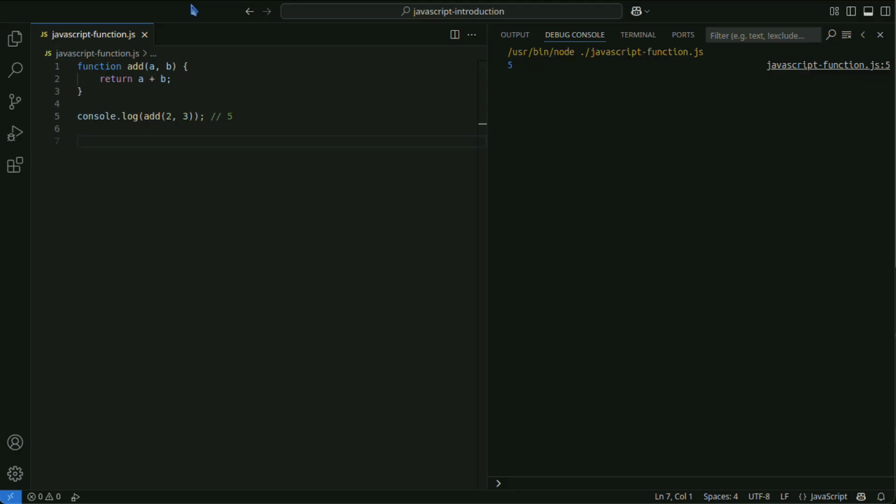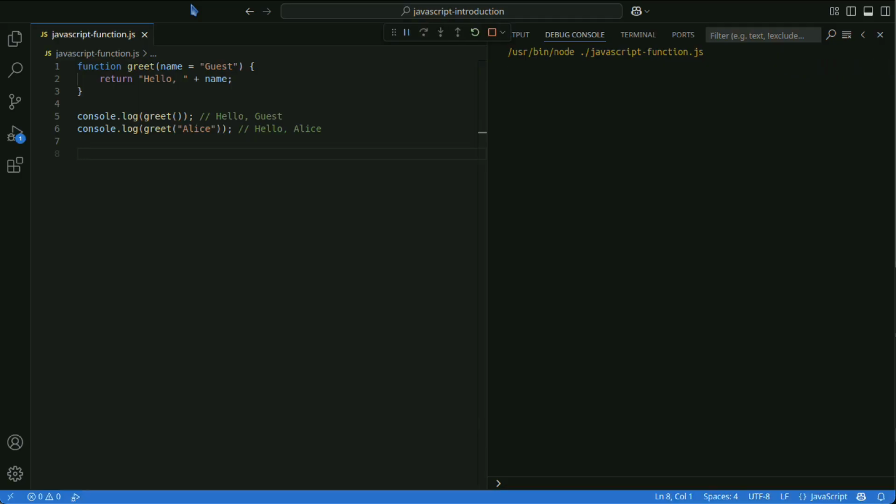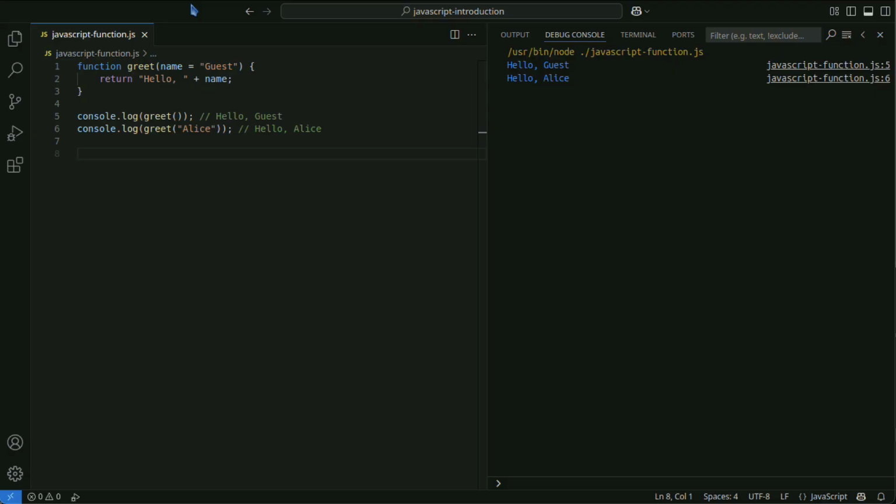You can specify a default value if no value is passed to the arguments. In this example, if greet is called without a value, the default guest is used.